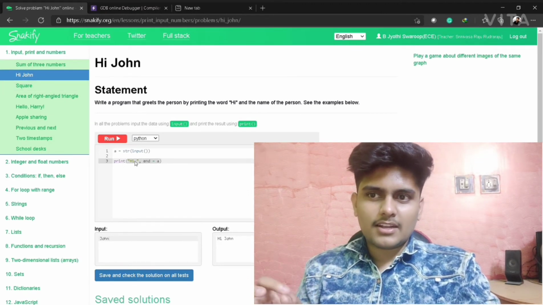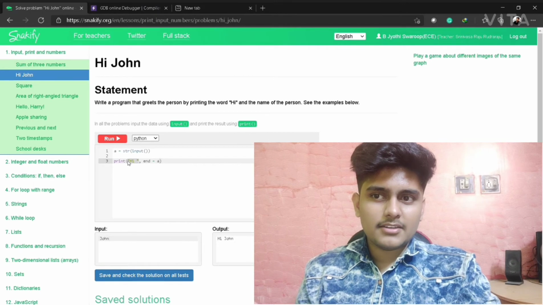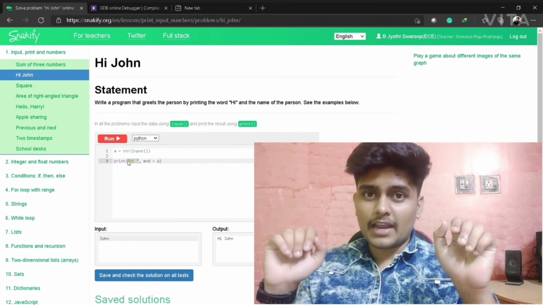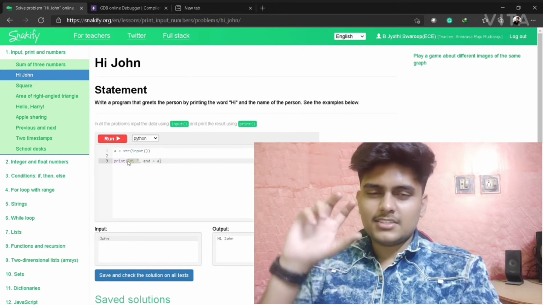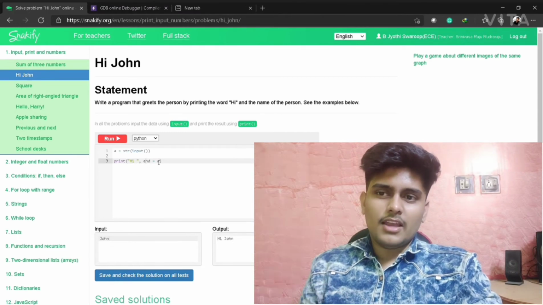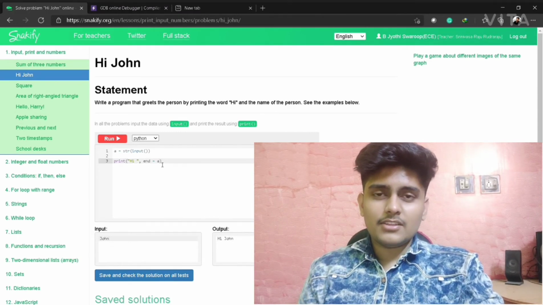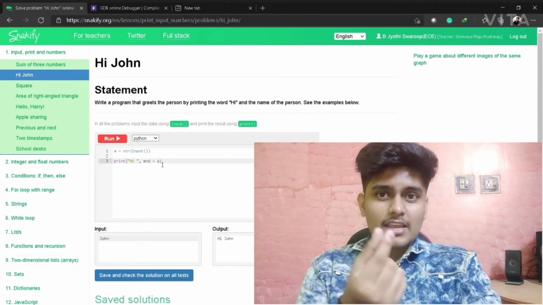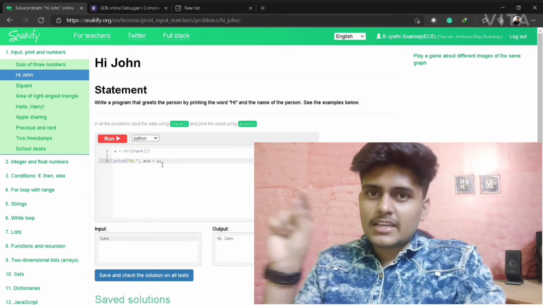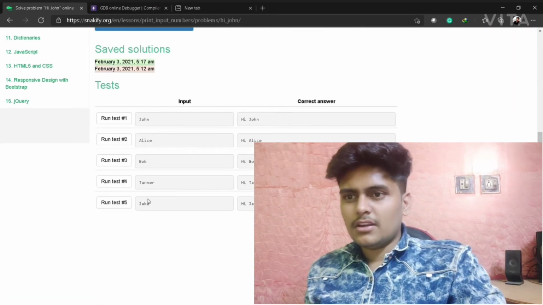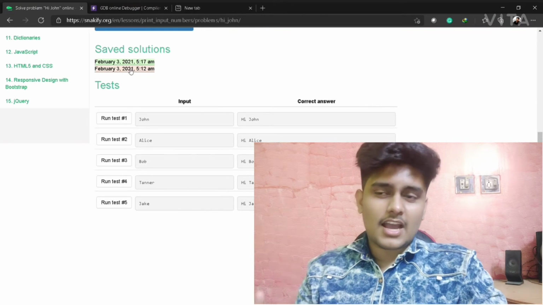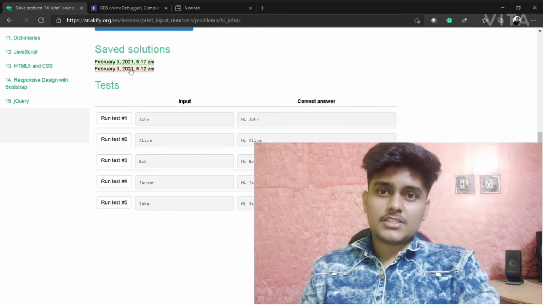It will print hi, which is in brackets, so just hi, and with a, which is something you will give in input. Here there are some test cases. See, I also did wrong in the first attempt.